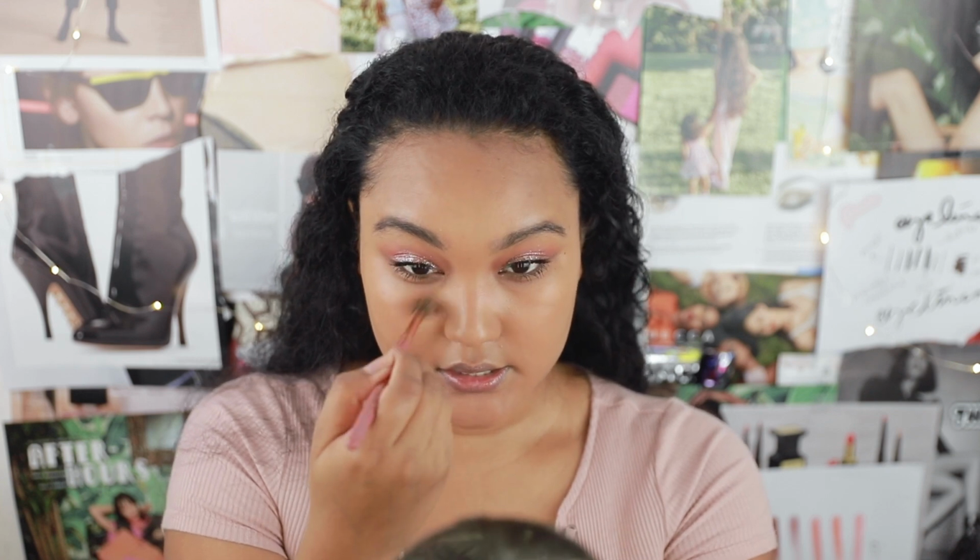And I start right around the nose, really quick motions. I'm using very light pressure so I don't move around the foundation, but I just want to build up that coverage, and hopefully you can see that it does that. Just work up